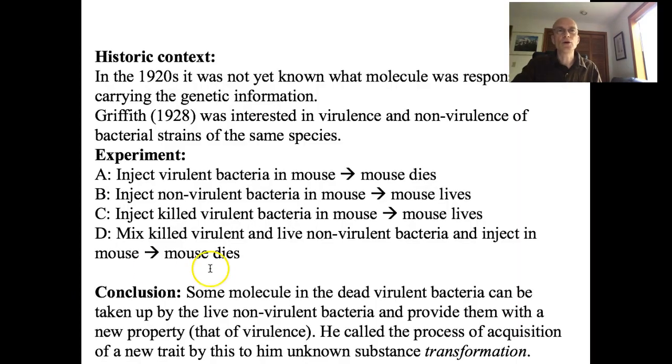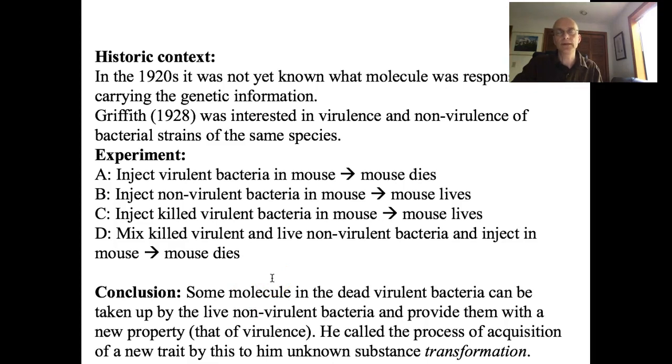And the conclusion here was that if you look at this experiment where you inject the bacteria into the mouse and the mouse dies, and you inject the non-virulent and the mouse lives, and you inject the killed bacteria and the mouse lives, and then you have the mix of those two where the non-virulent seems to somehow become virulent and kills the mouse, his conclusion was that some molecule in the dead virulent bacteria can be taken up by